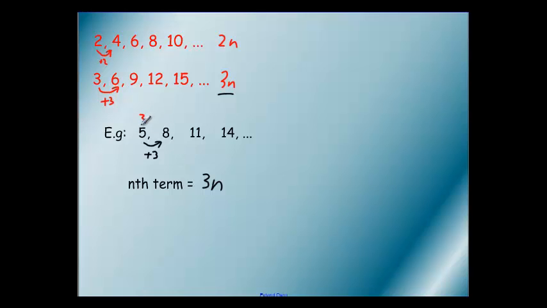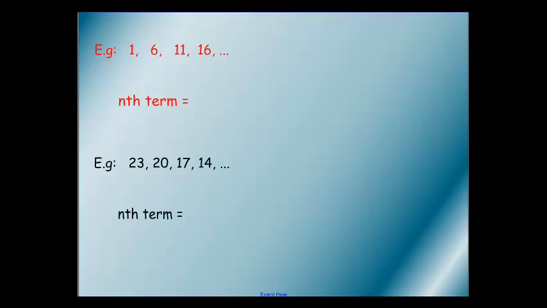The actual 3 times table goes 3, 6, 9, 12. So how do we get from the 3 times table to our sequence? Well, each time we need to add 2. This means that nth term is not just 3n, this can be 3n plus 2. Let's have a look at another example of this. Here's my sequence, 1, 6, 11,